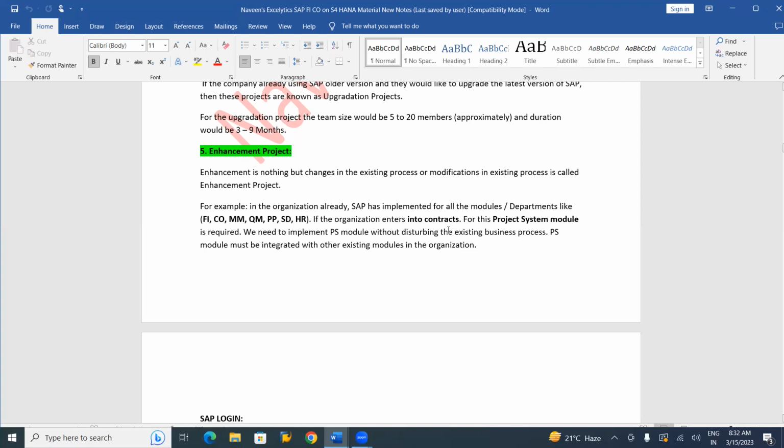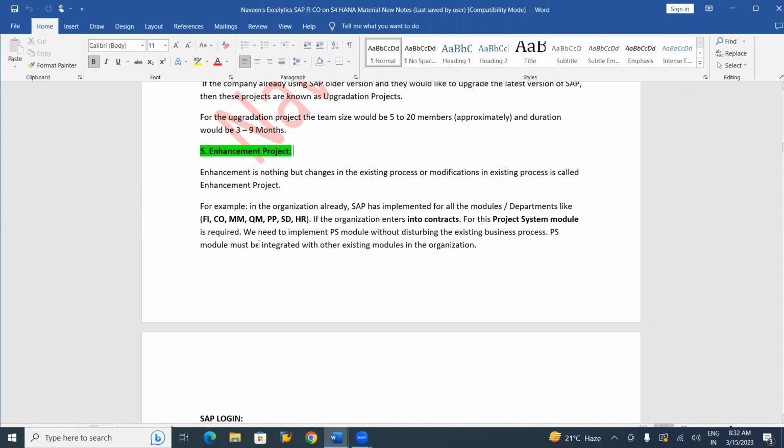For contract accounts, we have one more module called PSM, the PS module, project system module. Earlier we had FI, CO, MM, QM, SD, HR modules, and the company entered into a new business called contract accounts, joint ventures. They want to use SAP for this business also, so we need to implement a project system module, PS module.